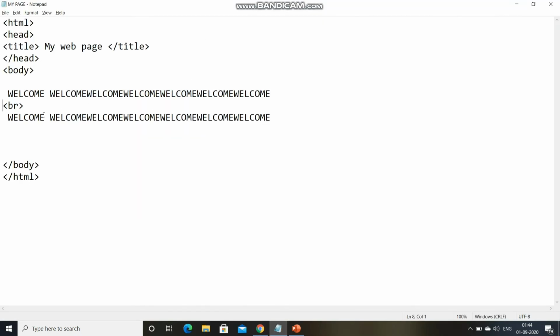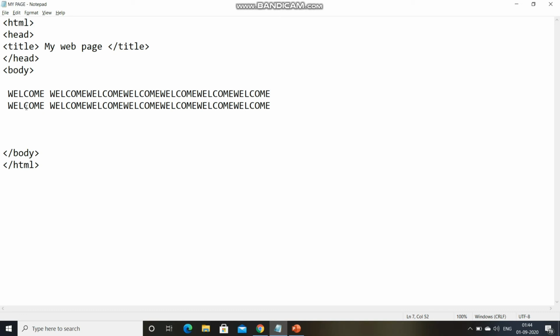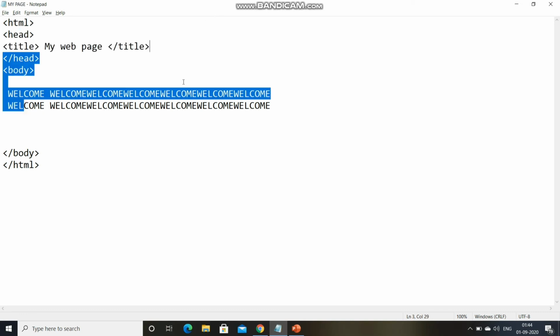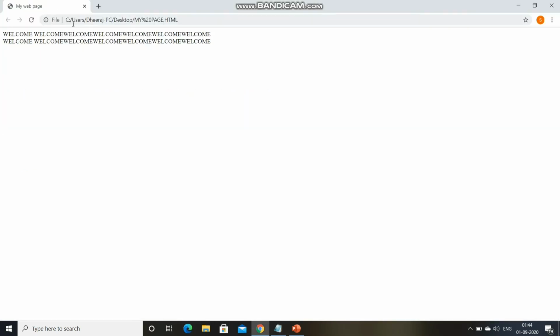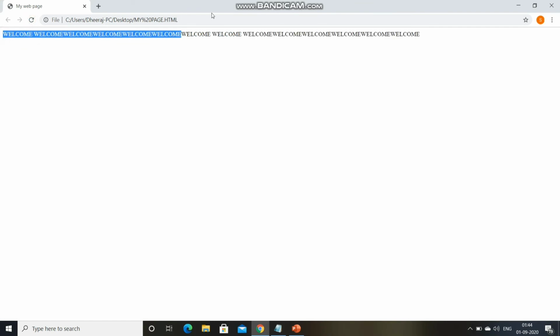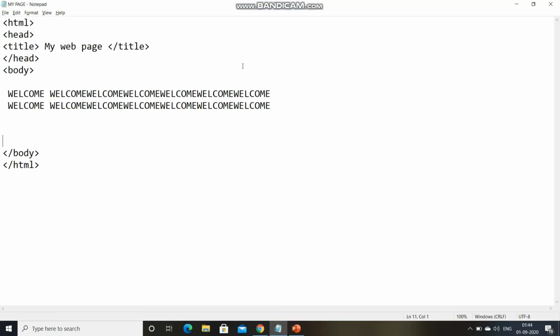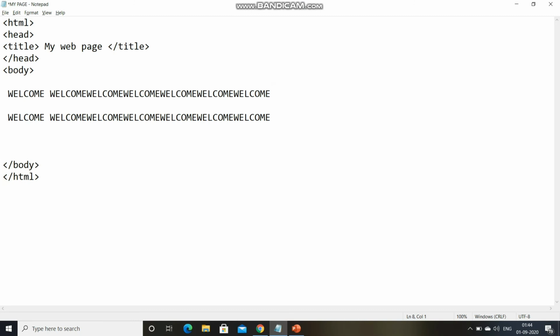If I haven't mentioned this BR over here, now I'm saving this and now see the difference. Can you see this? Without the BR, all the content is coming in the same row, but while we put BR here, it will give us a new line on the web page.